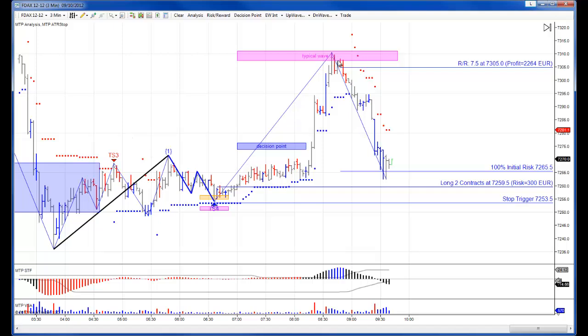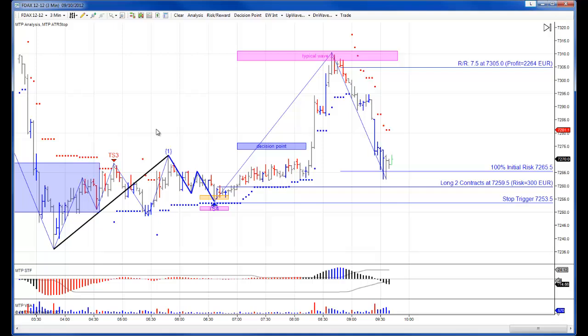not only a MTPredictor Holy Grail trade setup where we had the initial rally off important support, and that was defined by the 15-minute DP as a wave 1. We then have the ABC correction into a wave 2. We then look for an anticipated wave 3 rally, and that's exactly what we got, where the DAX rallied up to the typical wave 3 WPT, which we had on our chart in advance,